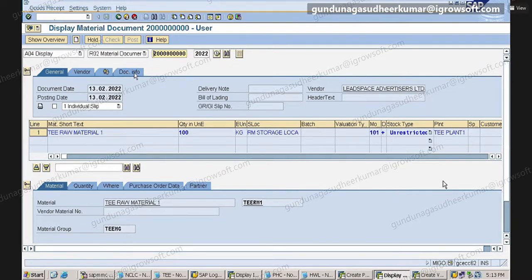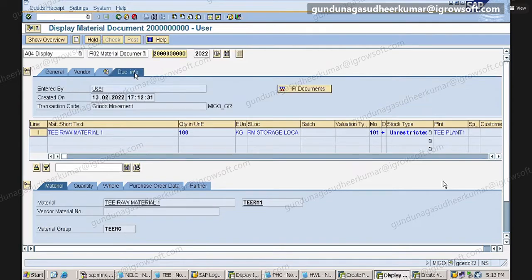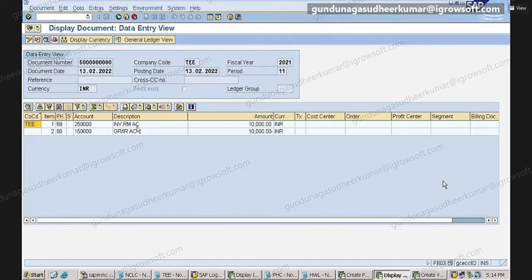Go to document information, FI documents. Now here, what is the entry? Raw material to GRIR, correct? How much amount? 10,000.